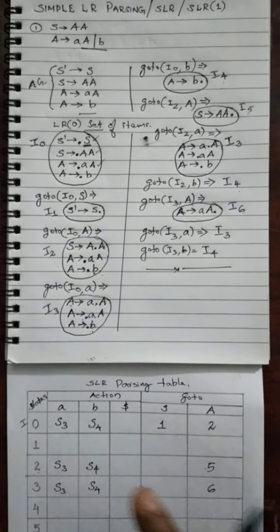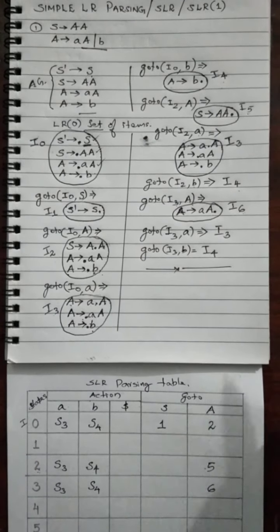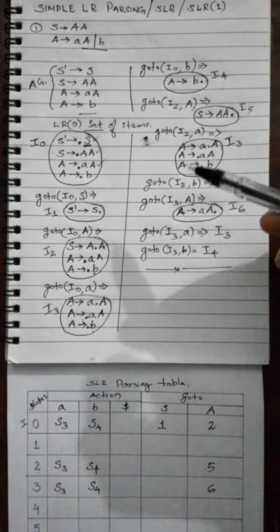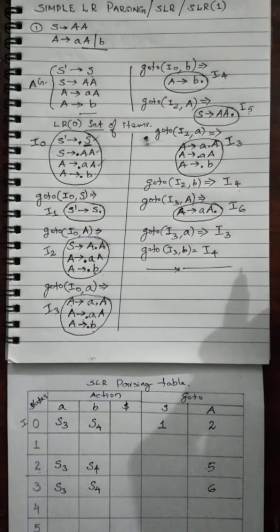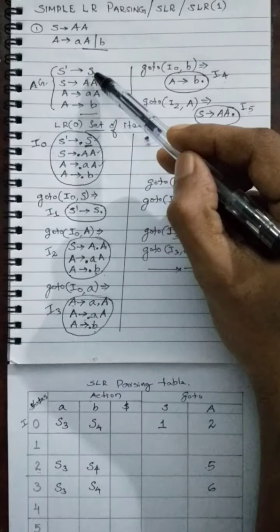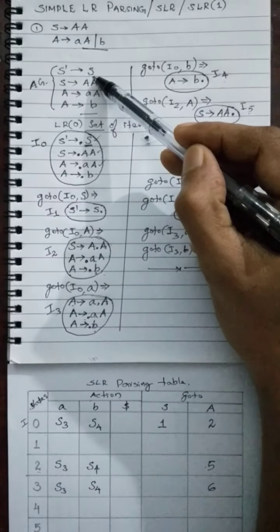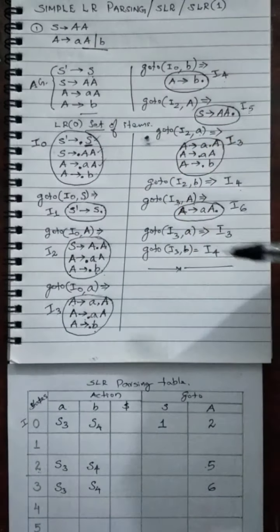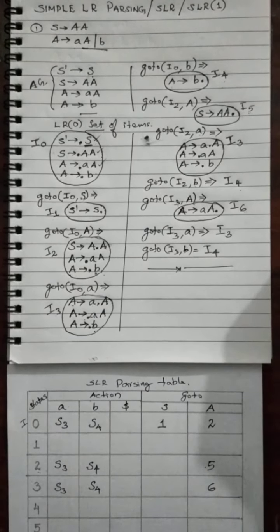So we have mentioned the shift operation in the action. Now where to mention exit? We have to mention exit in the cell where you encounter S. The augmented grammar which we have introduced is S' producing S, and this is your root. SLR parsing is one of the bottom-up parsing techniques, so it starts from the leaves and you are trying to reach the root. Once you have reached the root, there you accept the string, correct?